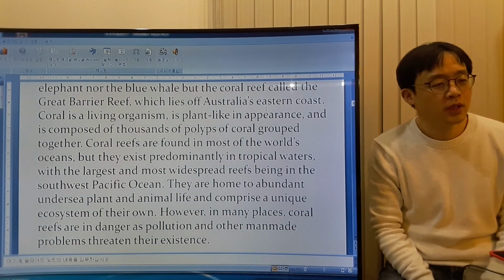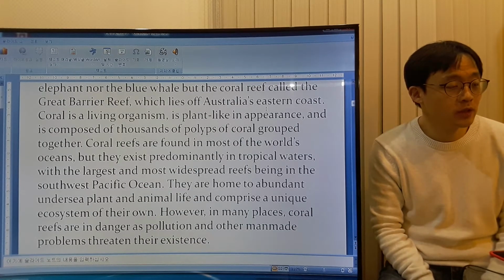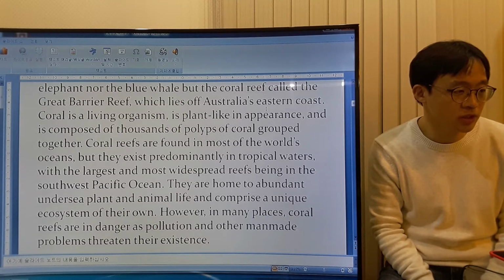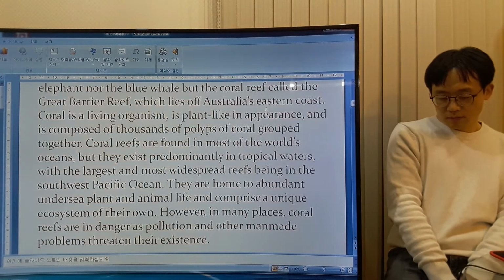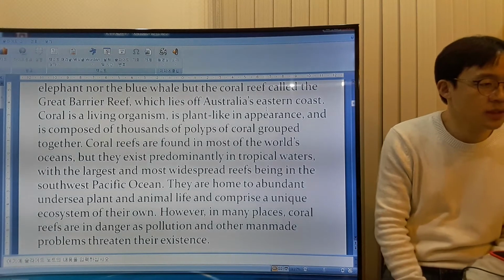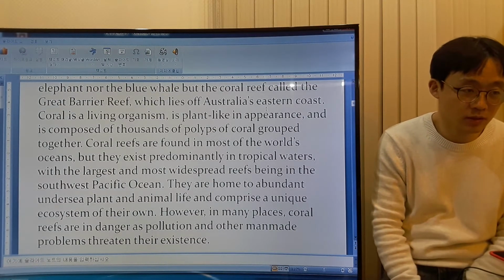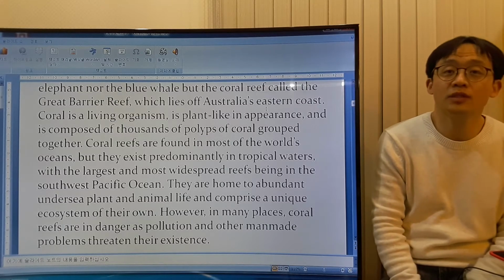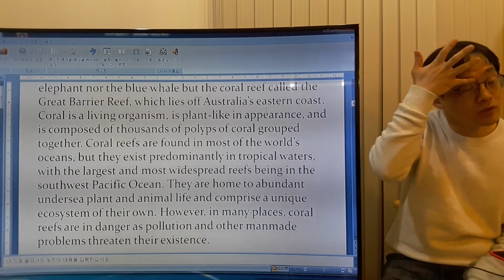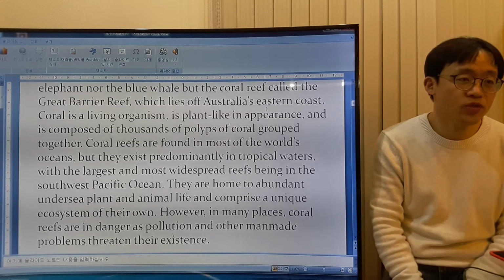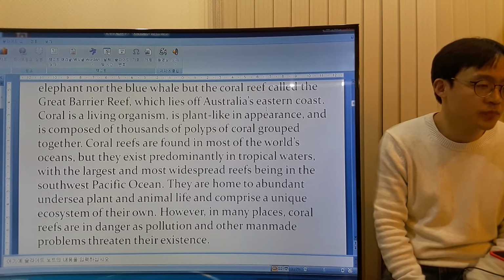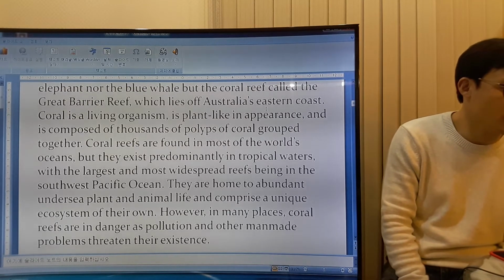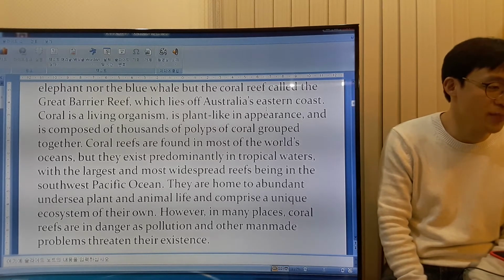They are home to a large number of undersea plant and animal life, and they are a part of a unique ecosystem of their own. Abundant means large quantities of something. Comprise means is a part of something. Ecosystem, this is all the animals and plants living in an area together with the relation to the environment, okay? But in many places, coral reefs are in danger because of pollution and other man-made problems